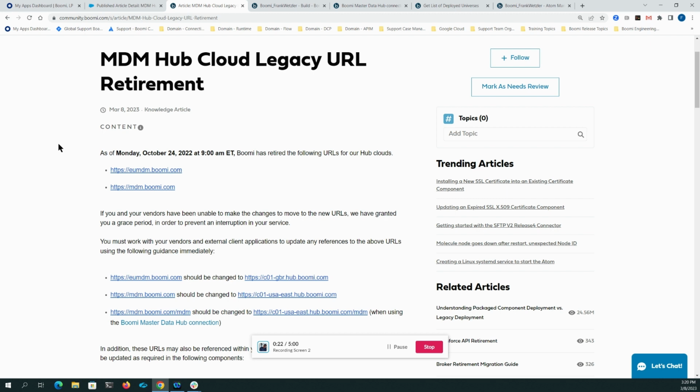be removed very soon. In order to ensure that disruption is avoided, you're going to want to change these URL endpoints to the following. If you're using eumdm.boomi.com, you're going to want to change it to c01-gbr.hub.boomi.com. Or if you're using mdm.boomi.com, you're going to want to change the URL to